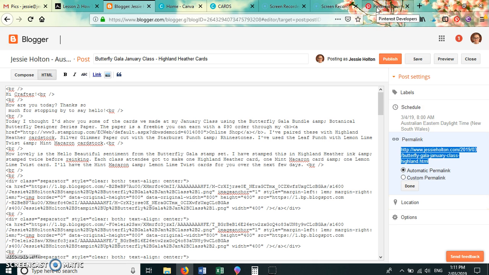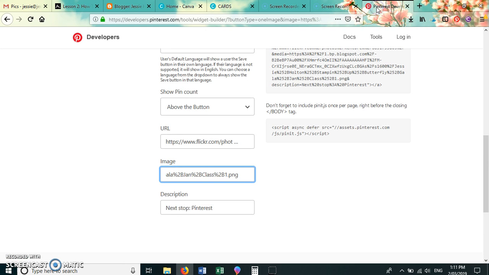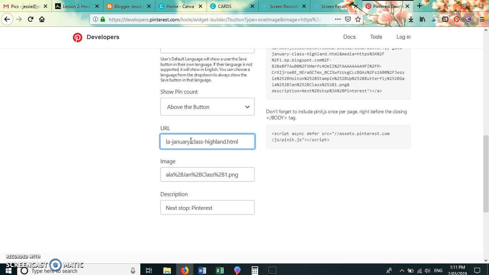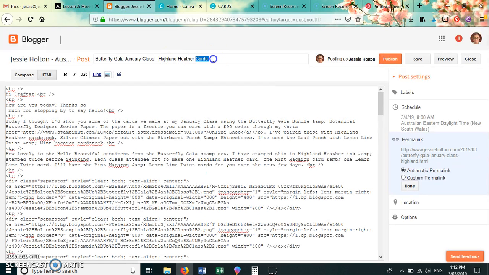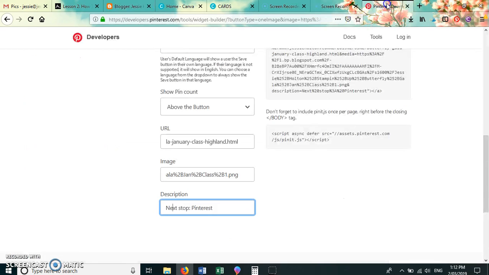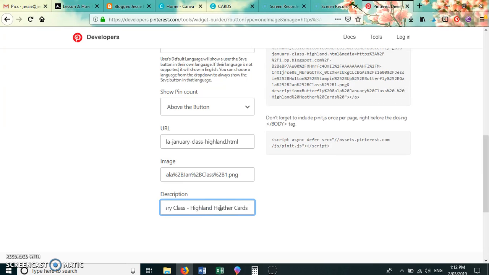I'll try and remember to use the buttons rather than the keyboard controls. Alright, so we want to paste that, sorry I hit the keyboard again. Alright, so you want to do your permalink under URL, you want to do the image under image, and in description you can put, I usually just copy the name from the title post because it's got what I want in there. You can add extra information like